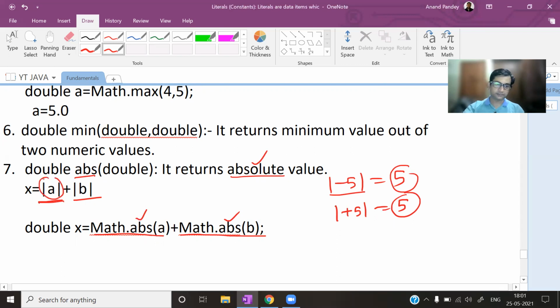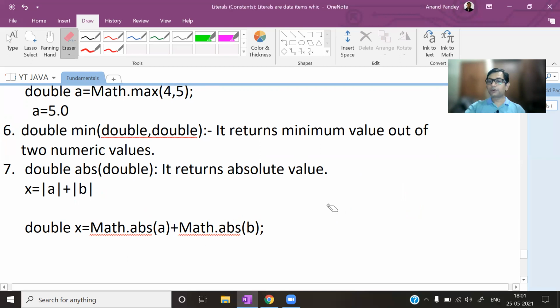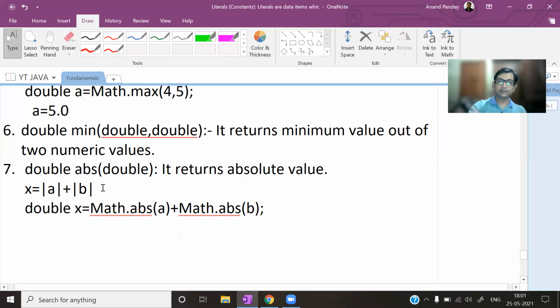Please don't write like this. This will be incorrect in a Java program. In a Java program, we have to use the abs function. So in Java, Math.abs(A), Math.abs(B), and as you know, the mathematical function returns double type of value. So we have taken a variable of double type, x. So here the value of x will be depending upon the value of A and B. Whatever the values of A and B are, x will get its value accordingly. So please remember this abs function is here to calculate what? Mod. Okay, simple in terms of maths, it will be clear to you. It is used to calculate what?